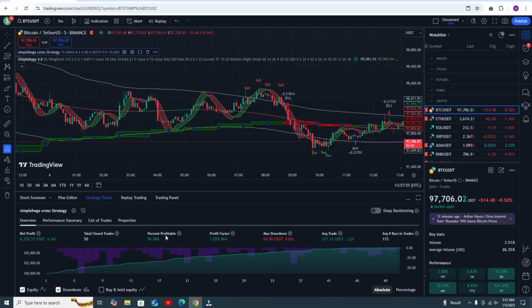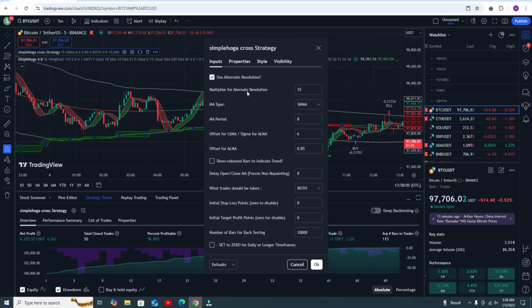That is actually 96%, out of 50 trades you are getting almost 100% accuracy. That is fine, but if you need you can change the setting. Like here you can use 30 if you are using 5 minute. And if you are using 1 hour, then you have to select 4 hour here. And the same scenario, 4 hour means 60 multiplied by 4.